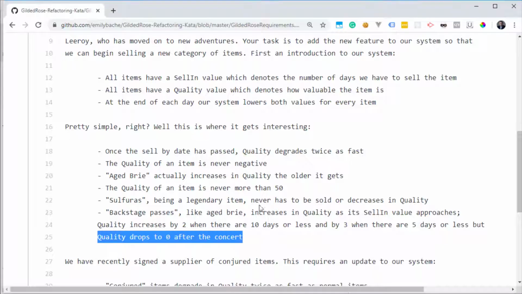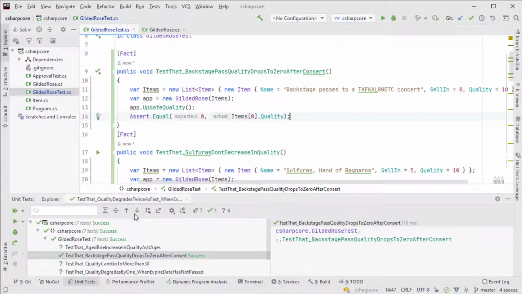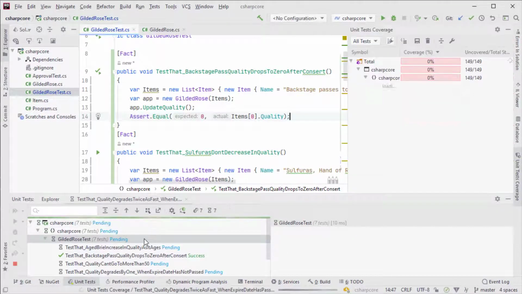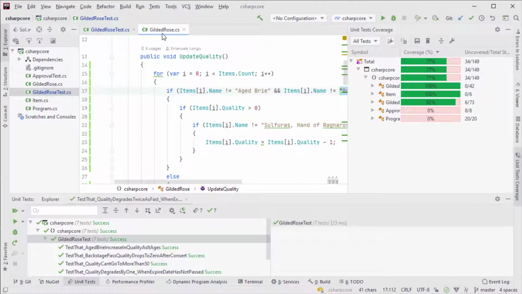Now we'll continue to implement the rest of these tests to make sure that we have everything covered. But just to make sure that we know where we are, we can use a coverage tool to get the code coverage of the tests we have implemented until now, to see if we actually cover all the code inside the Gilded Rose.